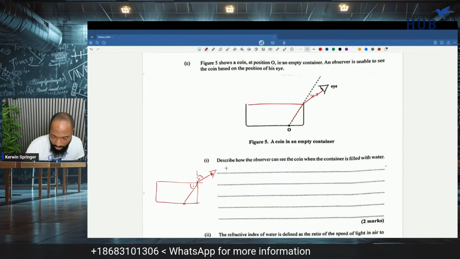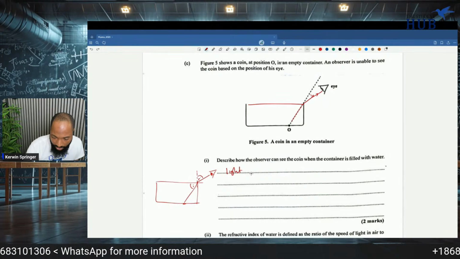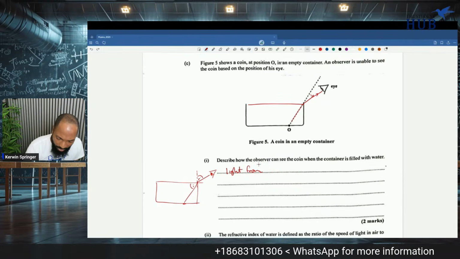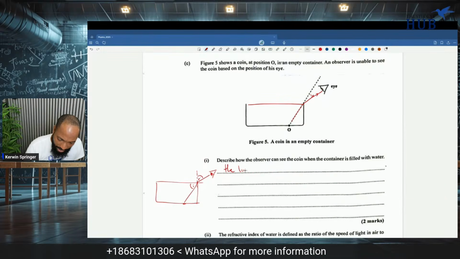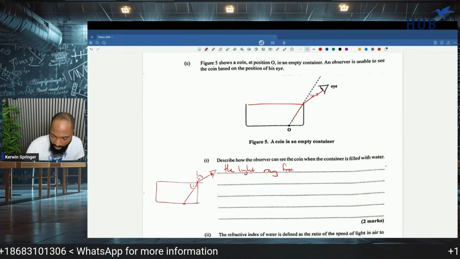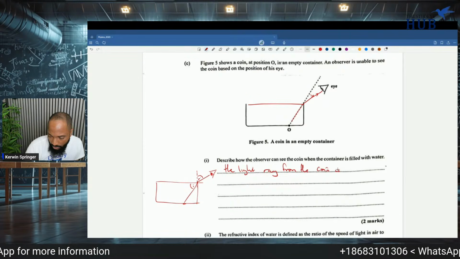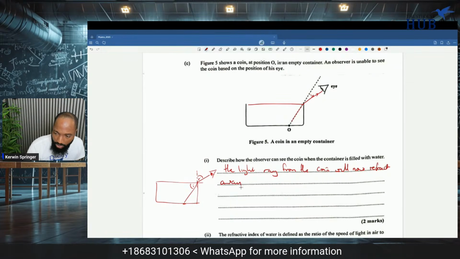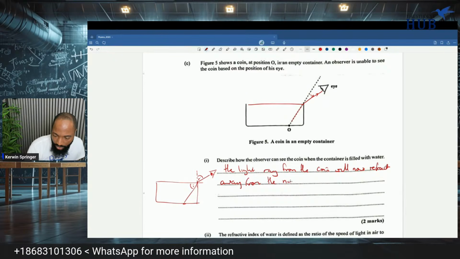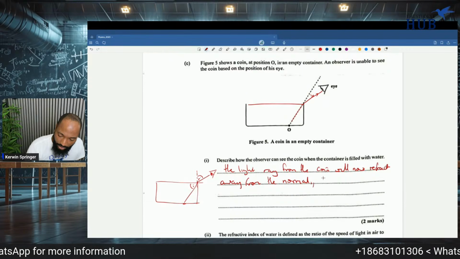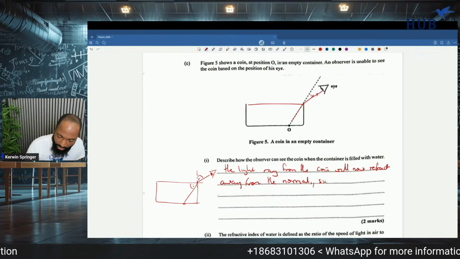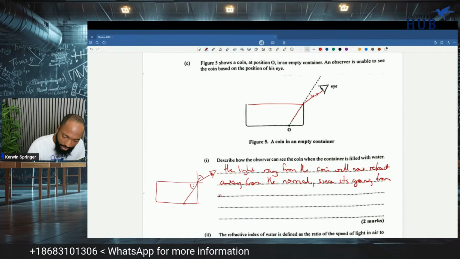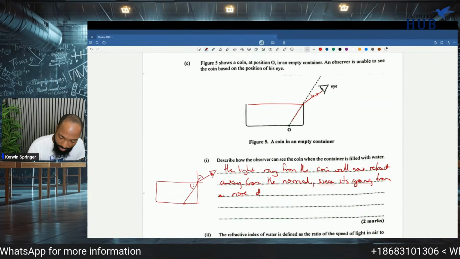So light from the coin, the light ray from the coin, I'll use ray. The light ray from the coin will now refract away from the normal. The reason it refracts away from the normal is because it's going from a more dense to less dense medium,